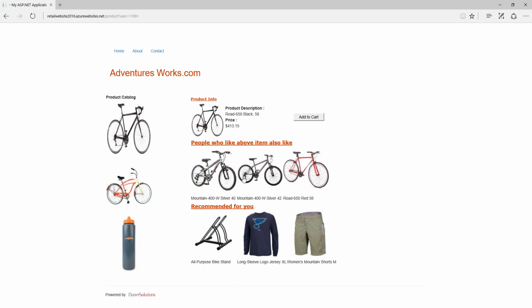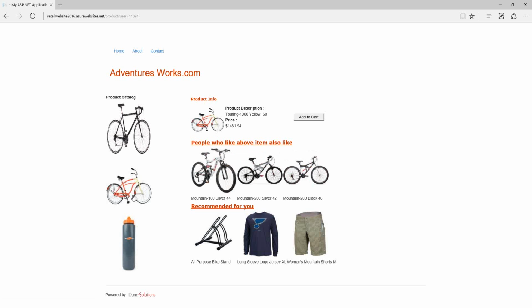For this first bicycle, the mountain silver and the red bike were showing as similar products. If you choose the second one, it's showing different bicycles, the mountain silver and the mountain black bicycle. If I choose a totally different product, like a water bottle,